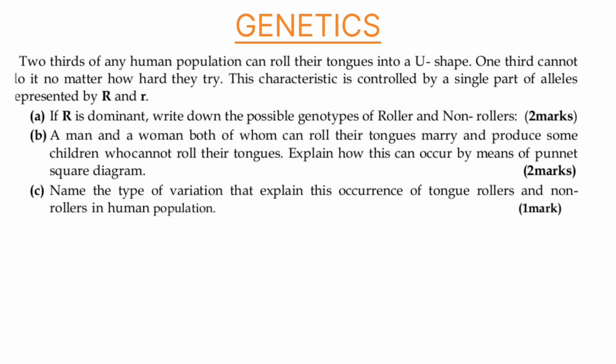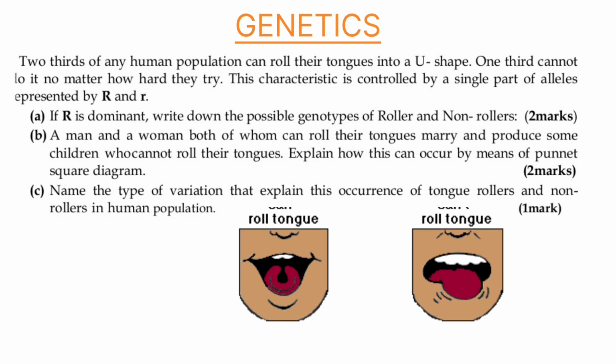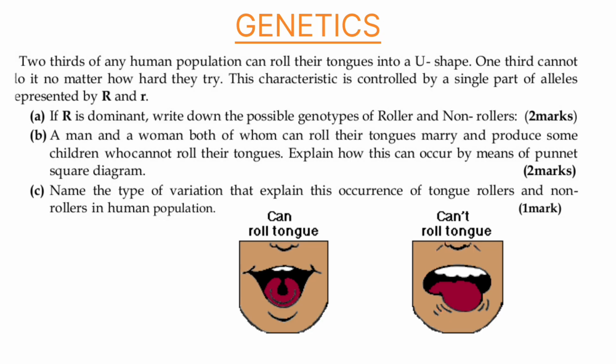Okay, let's get down to it. So what is tongue rolling? Tongue rolling, as stated, is the ability to roll the sides of the tongue upwards into a U shape. You can try it right now. If you can do it, then you are a tongue roller. And if you can't on the first few tries, just give up. It means there's no way for you to do it. So you're either a tongue roller or you are not. Hakuna katikati. Okay. Now, this characteristic is controlled by a single gene that has two alleles.